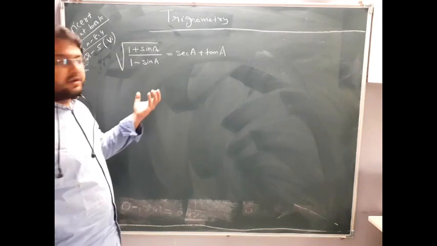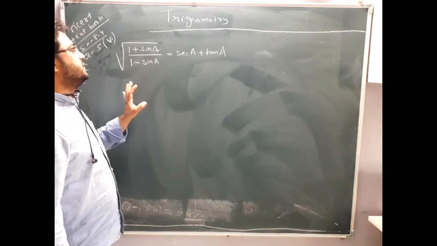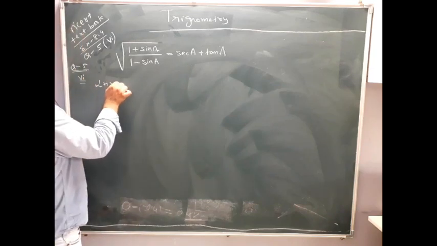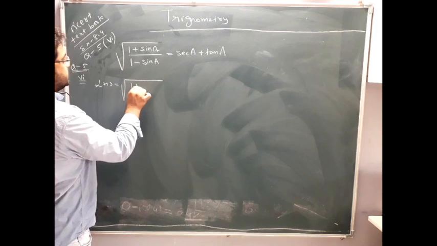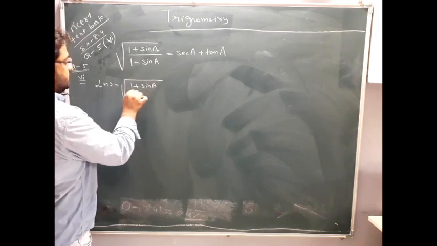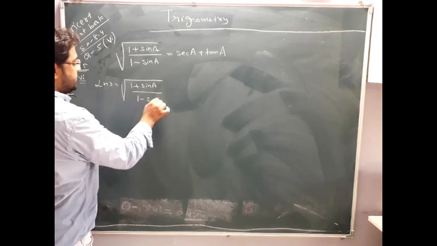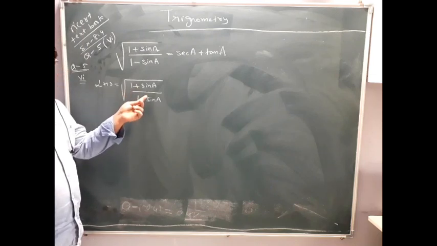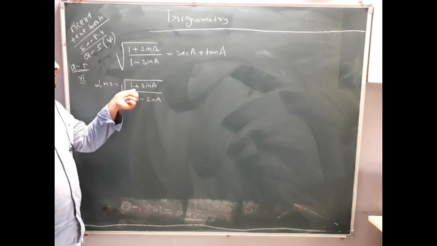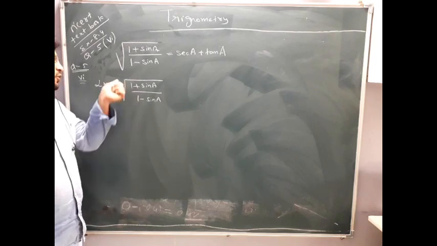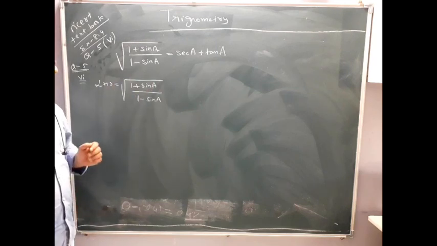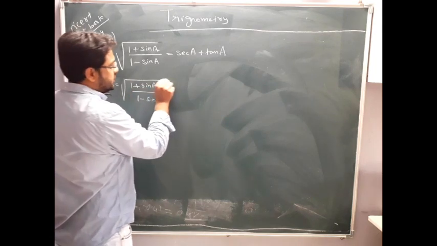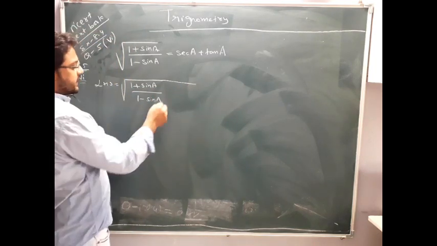This is also one kind of a proof problem. From the LHS part you have to go to the RHS part. So here LHS part is under root 1 plus sin A upon 1 minus sin A. Now see, whenever you get this type of format, 1 plus any trigonometry function up top, minus below, and you have a root, then you have only one choice, and that is factorization, or you can say multiplying and dividing by the opposite sign.